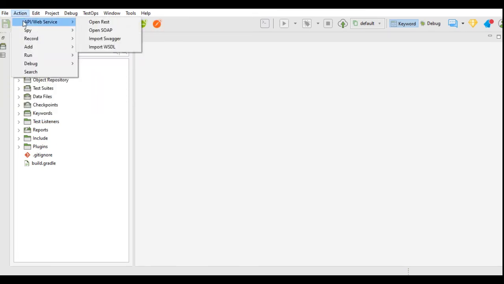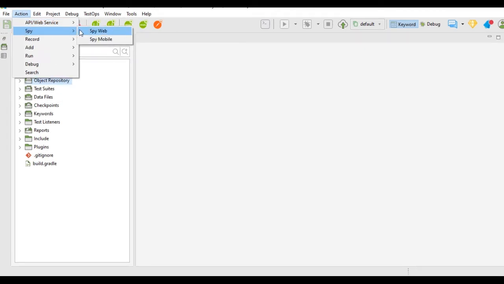In the Actions menu, you will find the API Web Services menu, wherein you can open the REST, open the SOAP, import Swagger, import WSDL request. In Spy, there are Spy Web and Spy Mobile menus, which are used to spy the web and mobile objects.